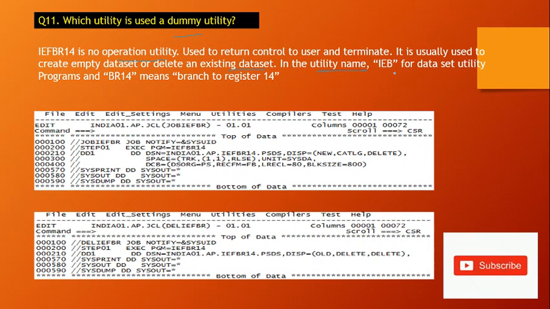In the utility name, IEF stands for the data set utility program, and BR14 means branch to register 14. Like we have allocated one file using the IEFBR14 utility by using the NEW,CATLG disposition parameter. But if we use DELETE there, then it will delete the existing file.